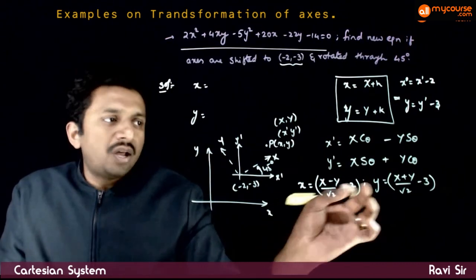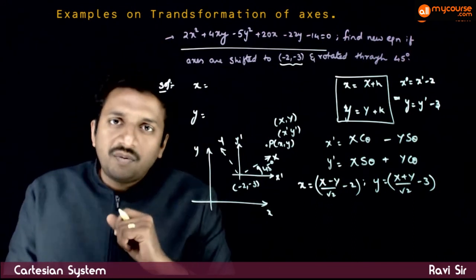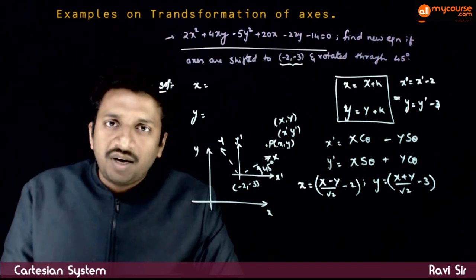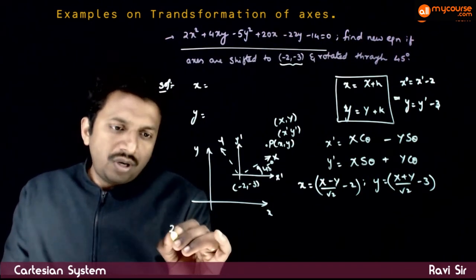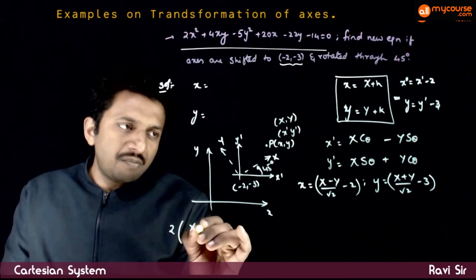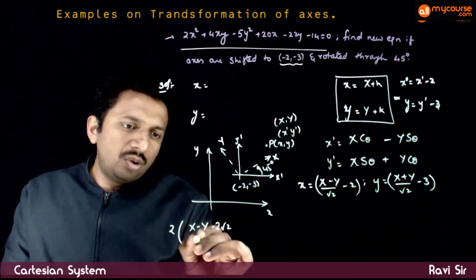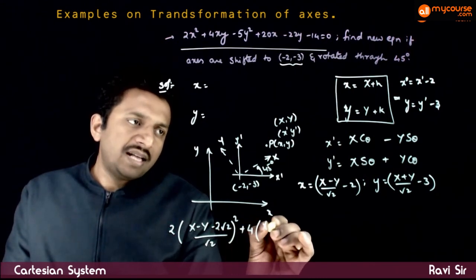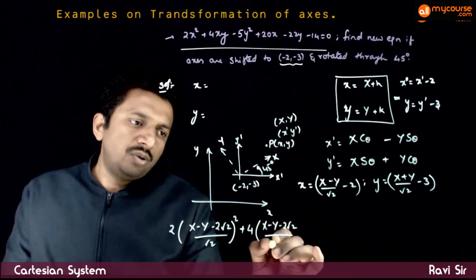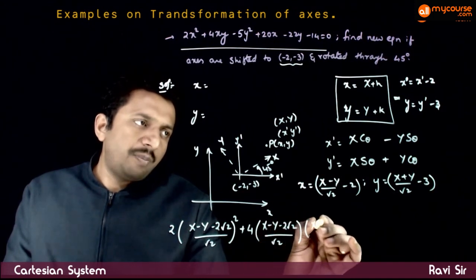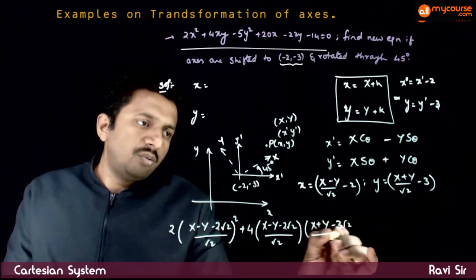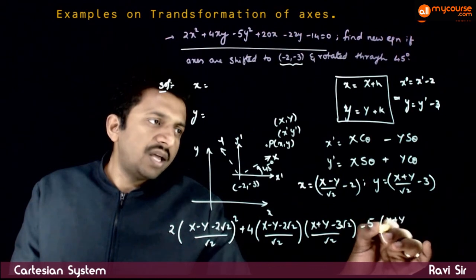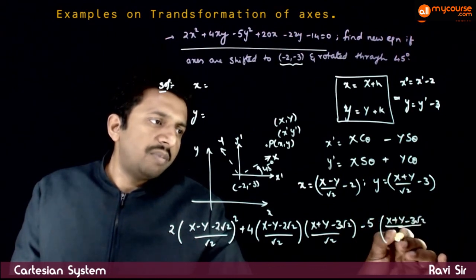So once you have small x and small y in terms of capital X, capital Y, you just need to substitute these terms in respective places to get the final equation. So 2 times small x is x minus y minus 2 root 2 by root 2 whole square, plus 4 times x minus y minus 2 root 2 by root 2 times x plus y minus 3 root 2 by root 2, minus 5 times x plus y minus 3 root 2 by root 2 whole square,